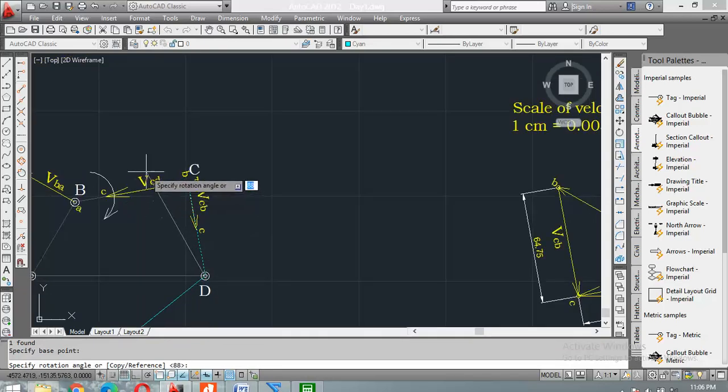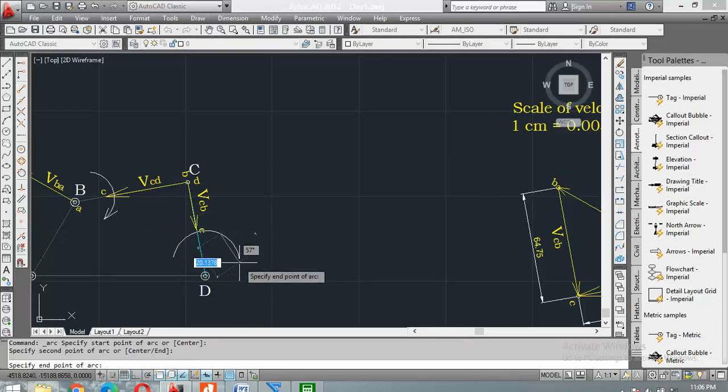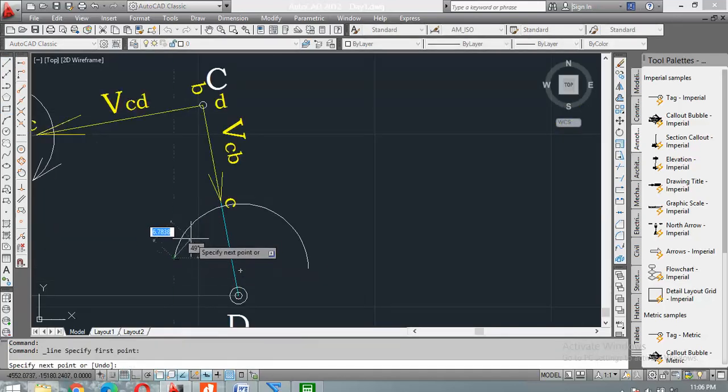Because we have the direction of VCD, where D represents the hinge point, with this D hinge, point C should move towards the left side. So let us move this C point towards the left side. See, I am moving point C towards the left side. So it will indicate that CD rotates in anti-clockwise direction. Here we can conclude that CD rotates in anti-clockwise direction.